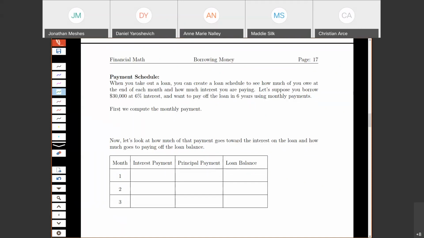So our principal is $30,000, the rate is 0.06, T is 6, and N is 12. Now if I use my payment formula,